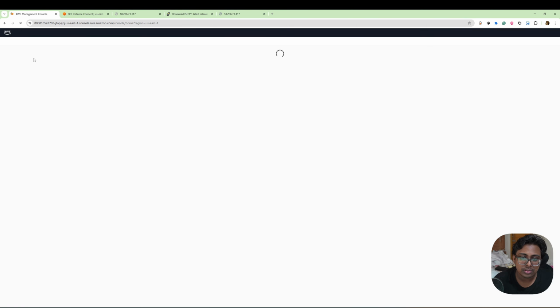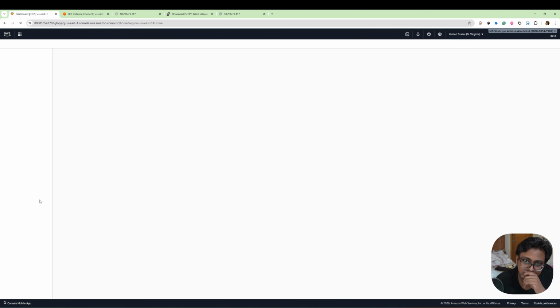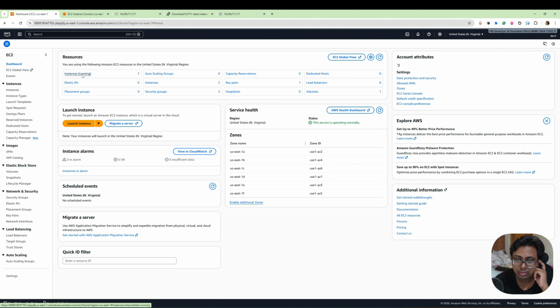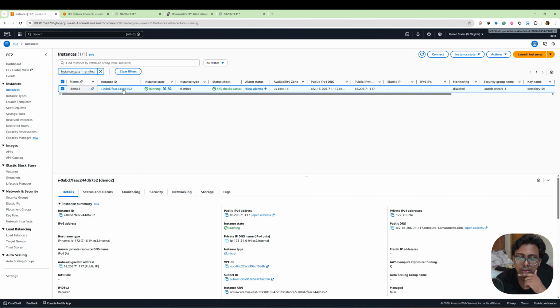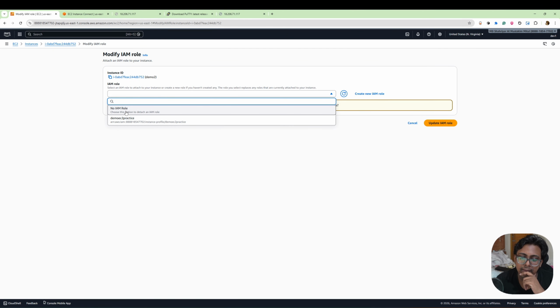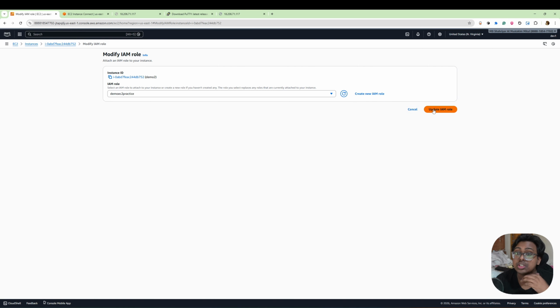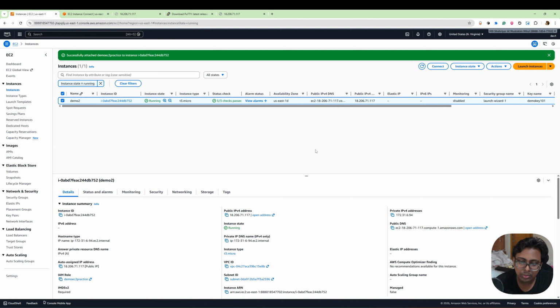Let's just go here into the EC2, and if you go to the instances, the running instance is here. No problem, we can just go Action, Security, Modify IAM role, and add the demo EC2 practice role which we have created. A moment back you saw only one IAM role there, but if you go here into the IAM,